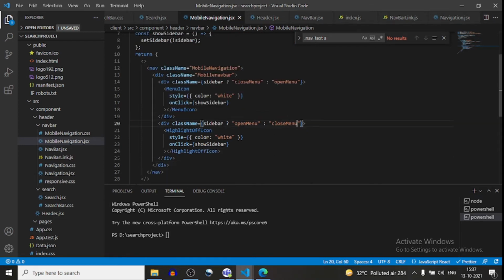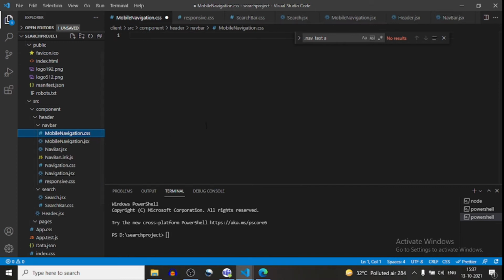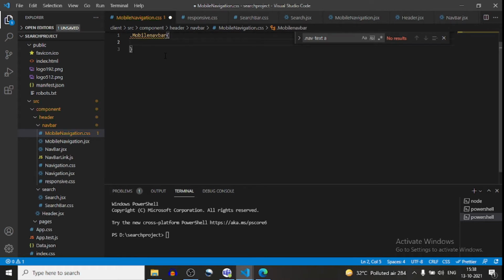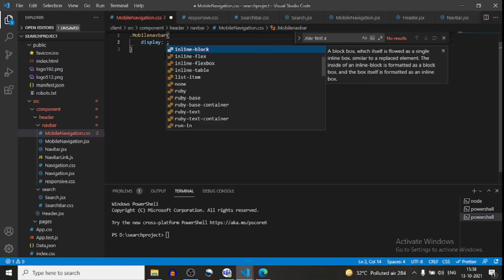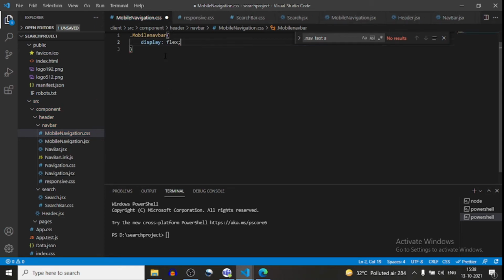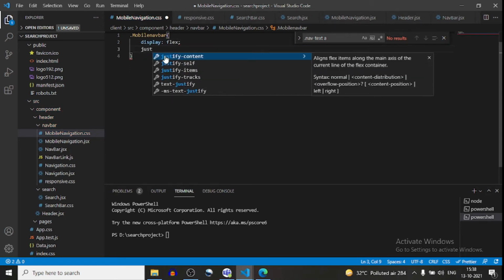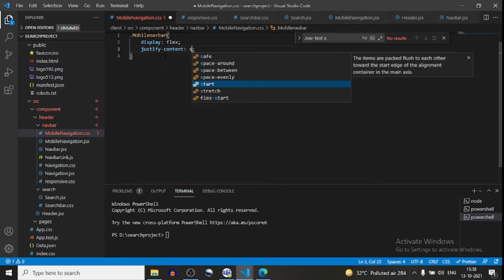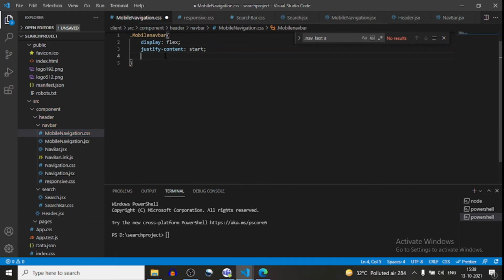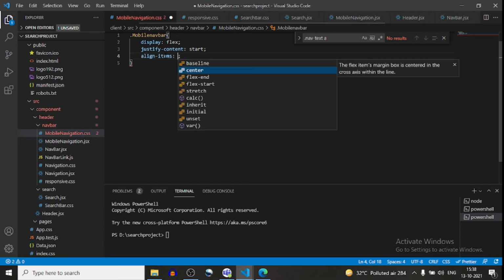Now this open menu and close menu CSS we have to write in mobile navigation.css. First I will say mobile navbar, so that will be display flex, justify content will be start, and align item will be center.